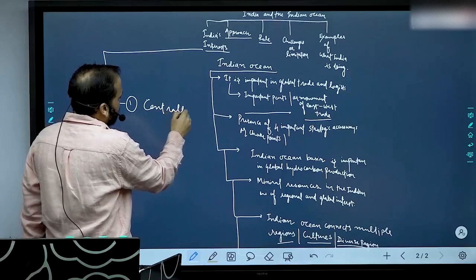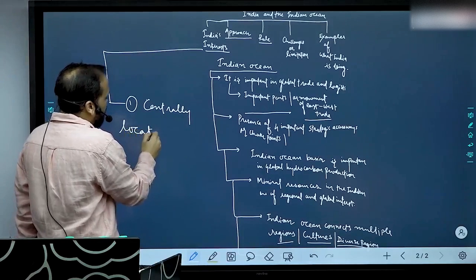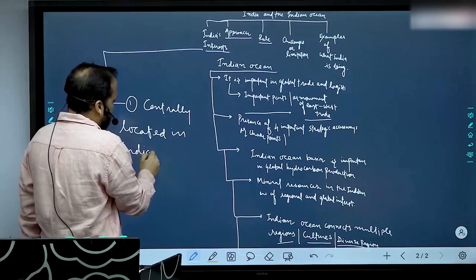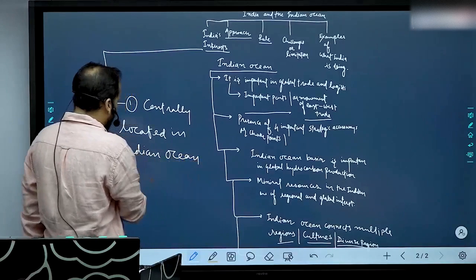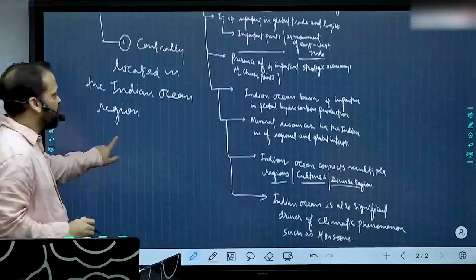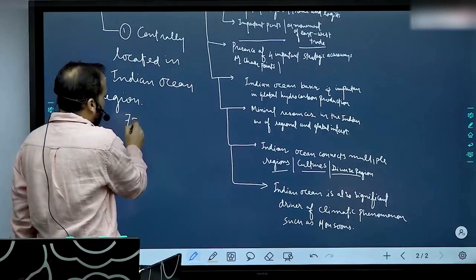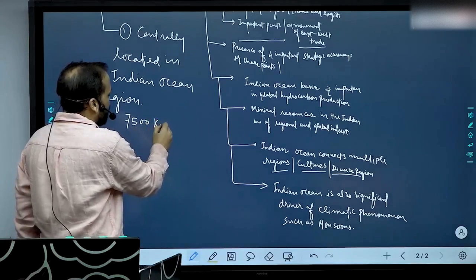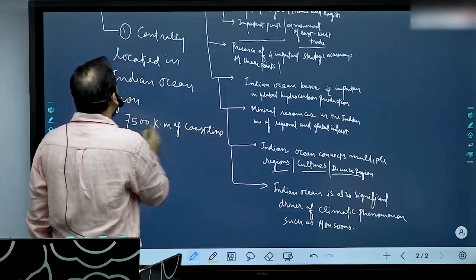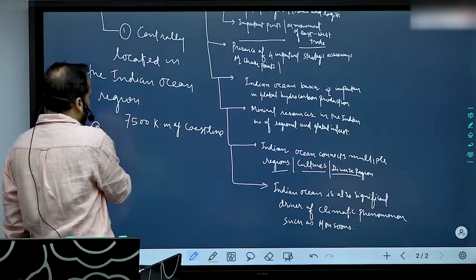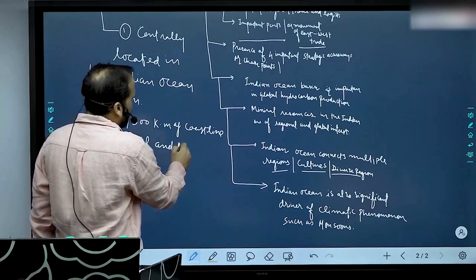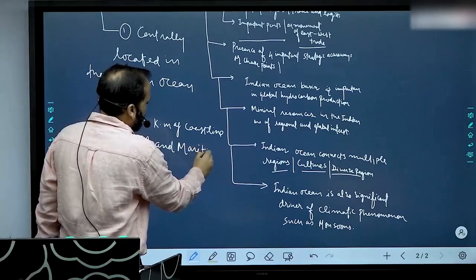centrally located. India is centrally located in the Indian Ocean region. Centrally located in the Indian Ocean region. This statement may have many implications. So, for example, more than 7,500 kilometers of coastline. So that means for India's coastal and maritime security, generally close to coast, we say coastal security, and as